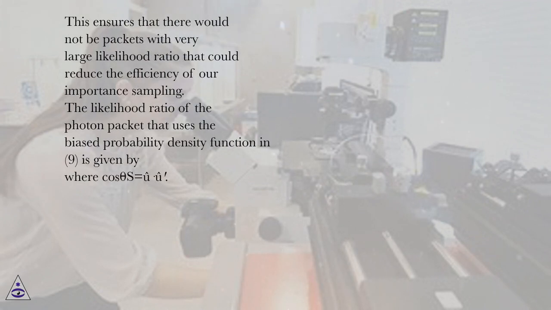This ensures that there would not be packets with very large likelihood ratio that could reduce the efficiency of our importance sampling. The likelihood ratio of the photon packet that uses the biased probability density function N9 is given by the equation, where cos theta s equals U circumflex dot U circumflex,